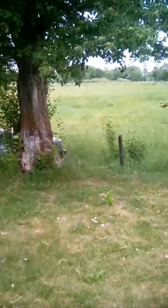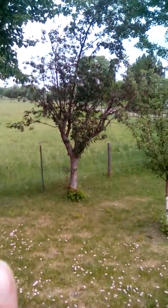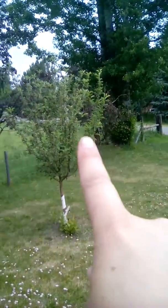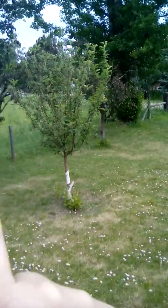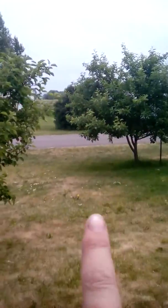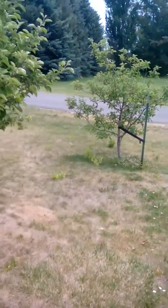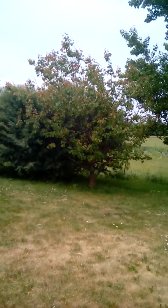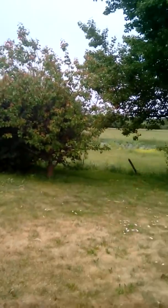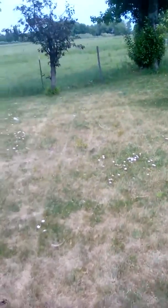So the rest of the pasture, and we've got some unidentified trees right here and back there, and then these are apples. Oh wait, no. Yeah. Apple, apple, apple, apple, and apple. So we've got 1, 2, 3, 4, 5 apple trees, and then that right in front of the willow is an apricot. It's got some fruit on it, not a ton. So we'll see how that does. And then I'm gonna walk down to this corner,